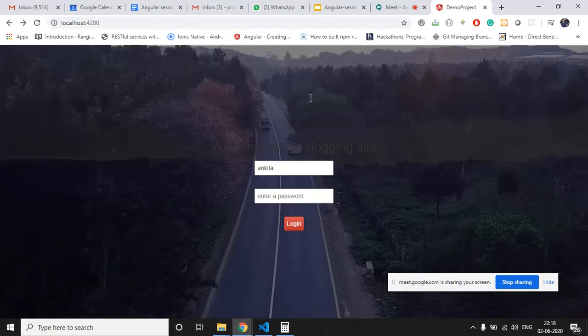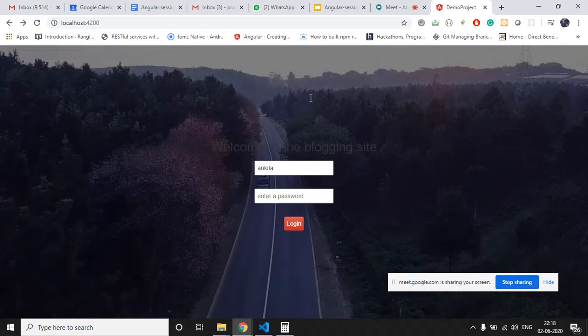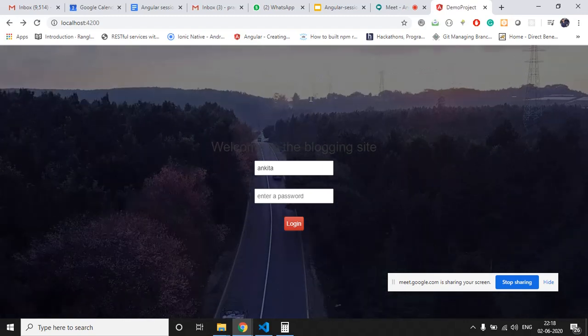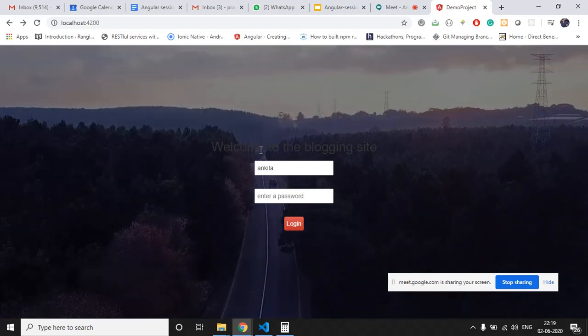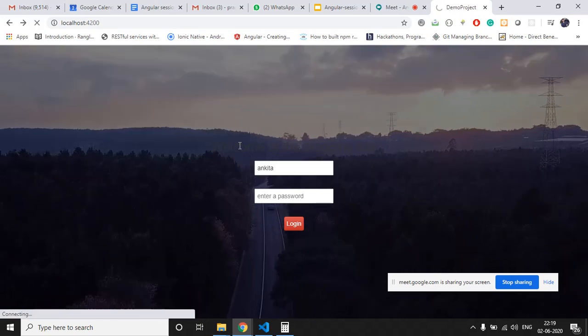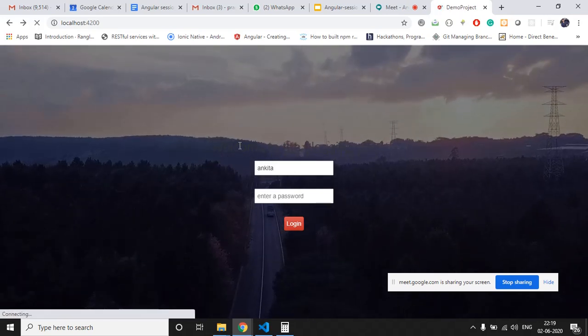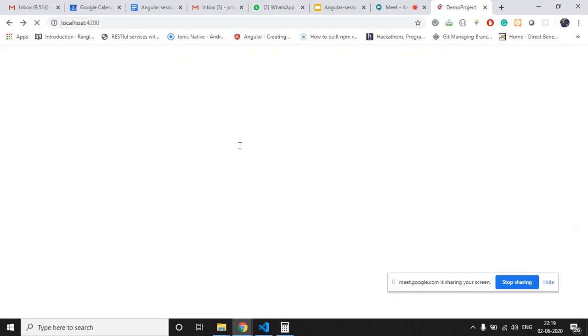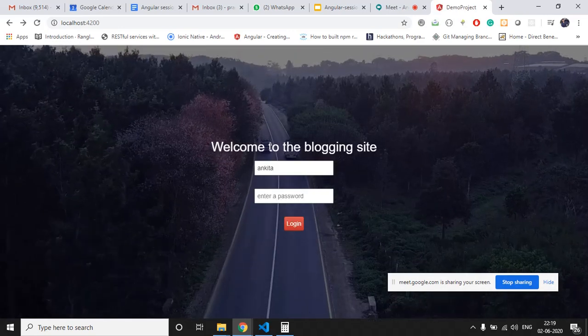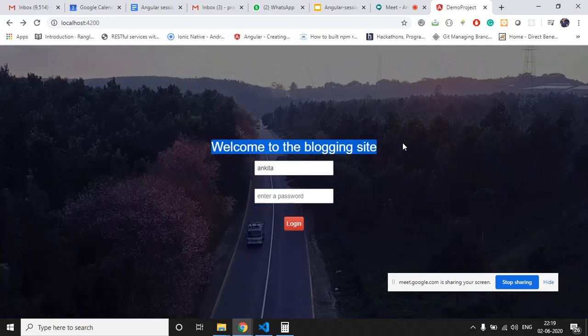This is one of the Bootstrap classes, which will just turn this text into white color text. Right? So now our text is in white color.